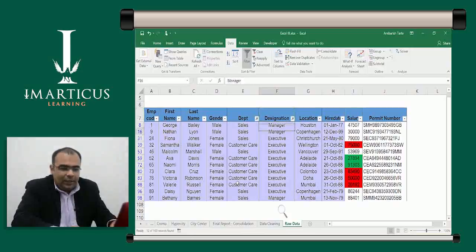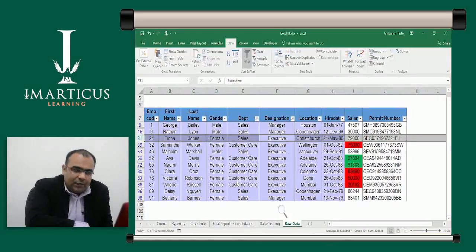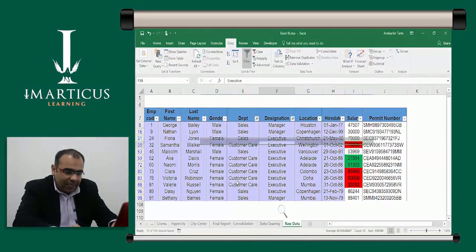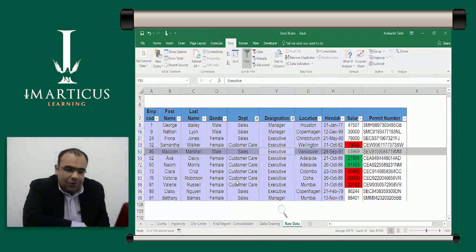For example, I've got this record, which is employee code number 24, Fiona Jones. She's from sales, but she's an executive. My requirement was sales managers. I wanted only the managers from the sales department. Right? Let's just go further down, and you will notice that there is another row which is employee code number